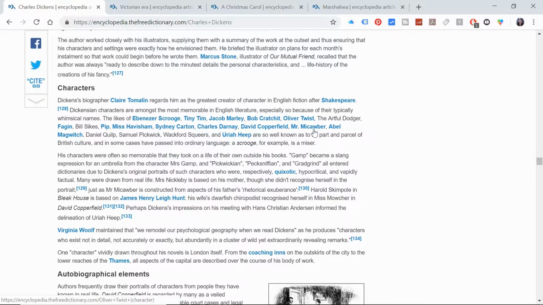Oliver Twist. What does that make us think? Maybe it could symbolise that this character's going to go through a lot. Their journey is going to be full of twists and turns. And spoiler alert, it is a story about twists and turns. So it's something you can always think about, not just for Dickens, but for any character when you're preparing and revising. Think about, does their name carry something with it? Is it symbolic in a certain way?